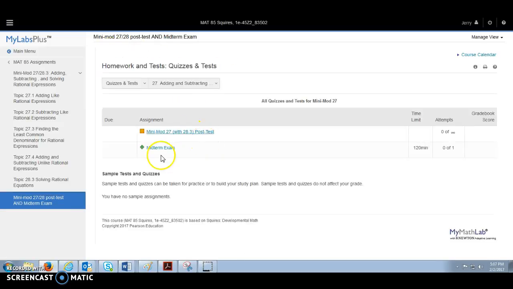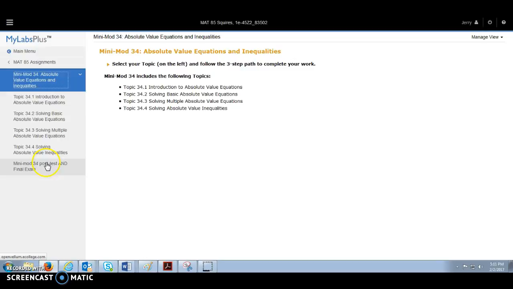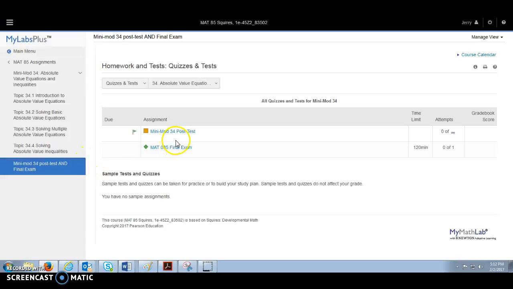Both of those are listed after Mini-Mod 27. And after Mini-Mod 34, you'll notice that the post-test section also includes the final exam. If you have any questions about any of that, just let me know.